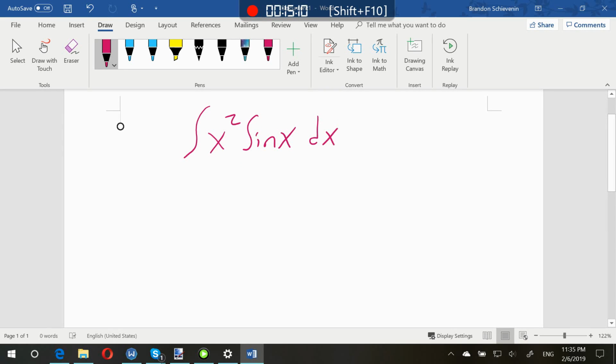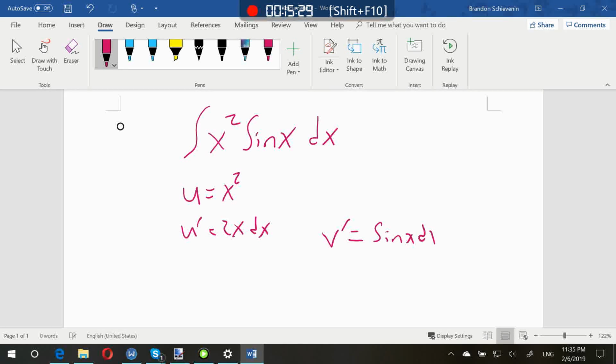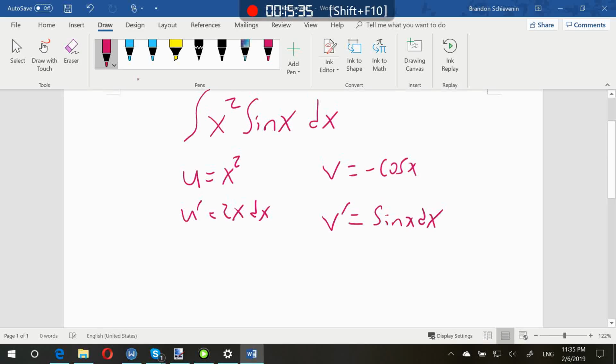If I was going to use the old method, which part of this would be my u, the part I want to derive, and which part would be the v prime, the part I want to integrate? U equals x squared and sine x is v prime. Okay. If I integrate sine, I get negative cosine. So I have,